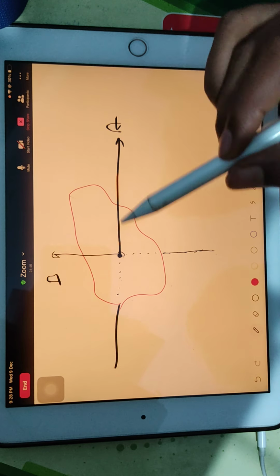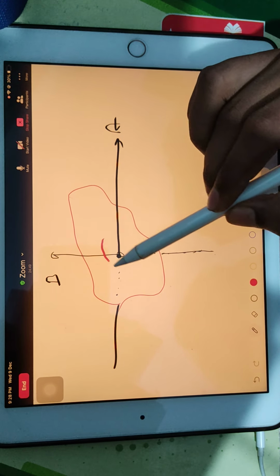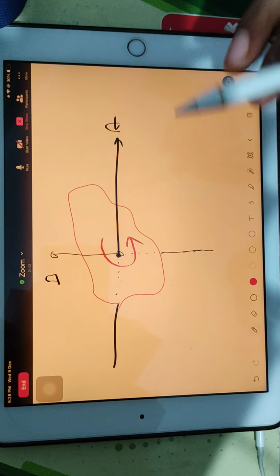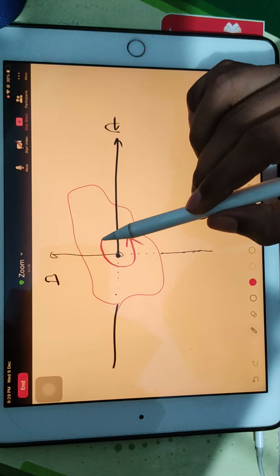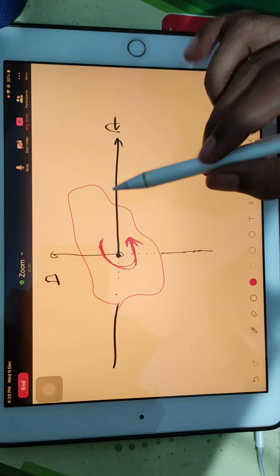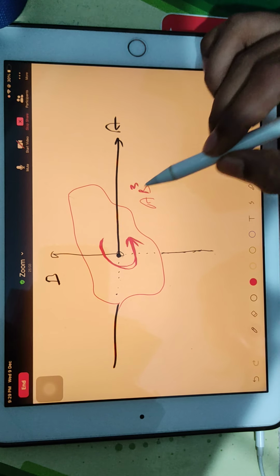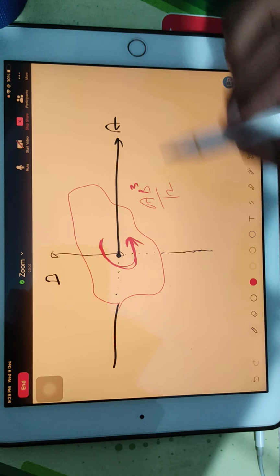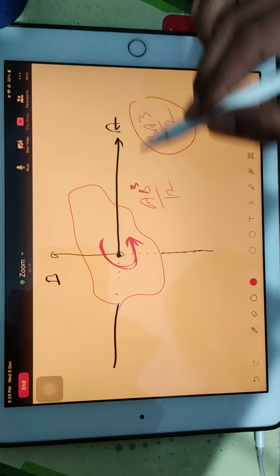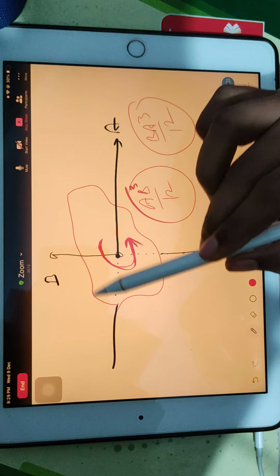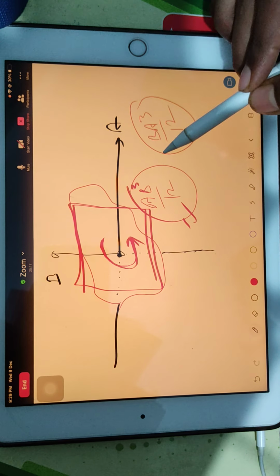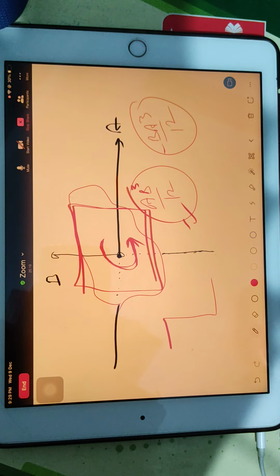If the entire block will rotate about the x-axis, sorry, I'm not using x and y now, just to build up the concept I'm using A and B. So suppose the block is rotating about the A axis. Either AB cube by 12 will be your right answer, or BA cube by 12 will be your right answer. And this 12 is only applicable if your shape is rectangular. If your shape is something else, then the formula will change. That's why for Z beam, we have a separate formula.